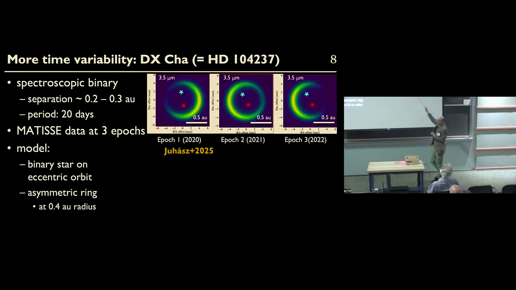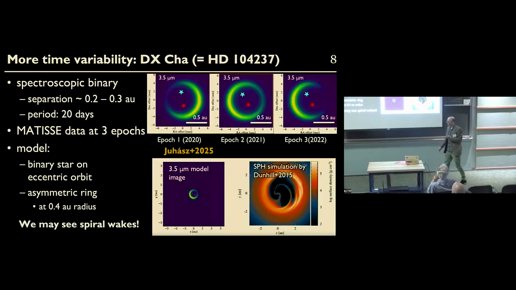And also this is, again, a data fitting. And what is now evident from these images is that the arc, this ring-like arc, is not at the same place. So here, again, we have a case for time variability. And so what is it? The interesting thing about this is that this ring is very close to the stars. And it is not expected because